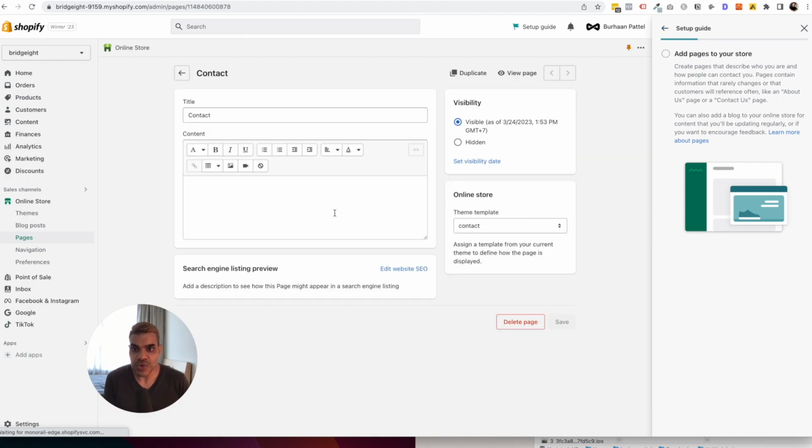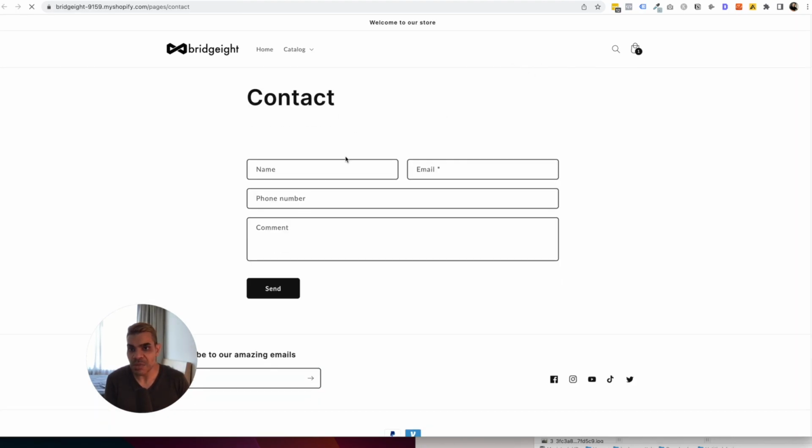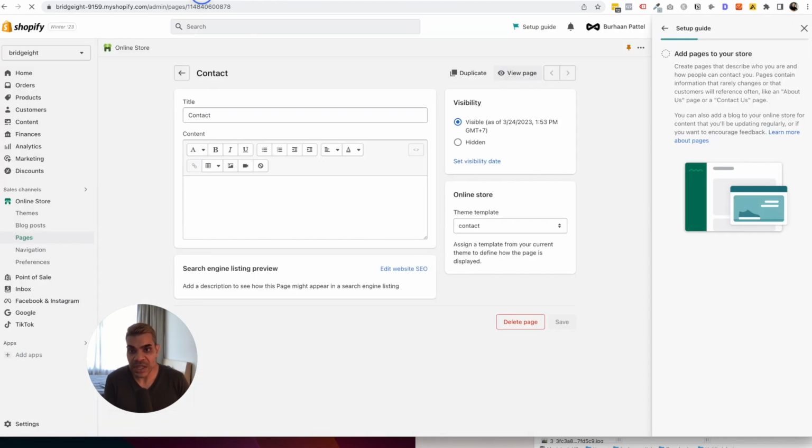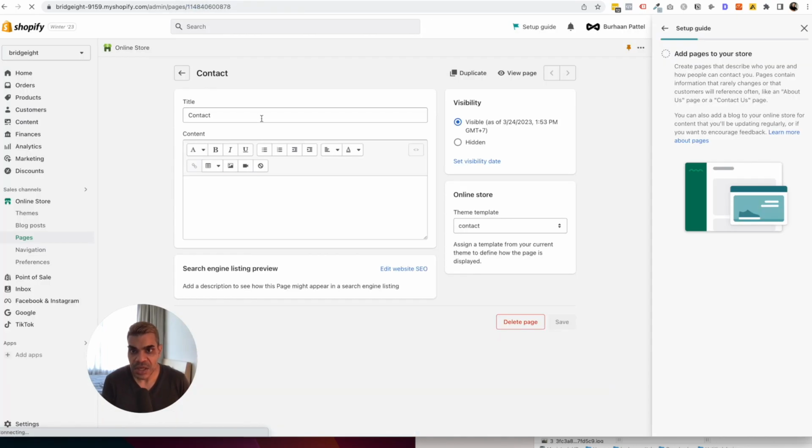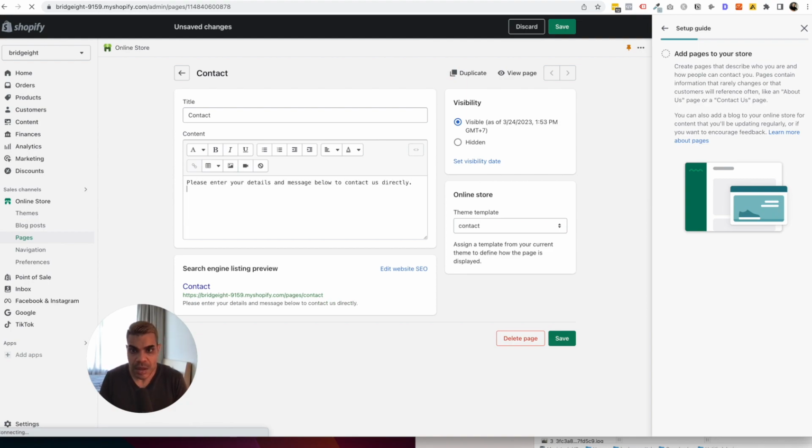And if I go to edit this page, you'll see right now that this is just a blank page with a form on it. Obviously, the form gives people the ability to email us or send us a message. So, of course, if we wanted to add a description here, and if I wanted to link Instagram,